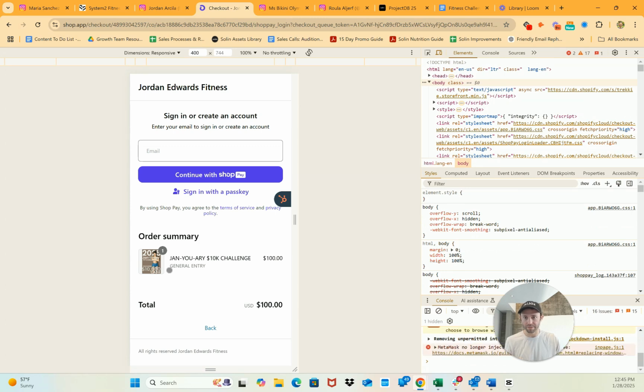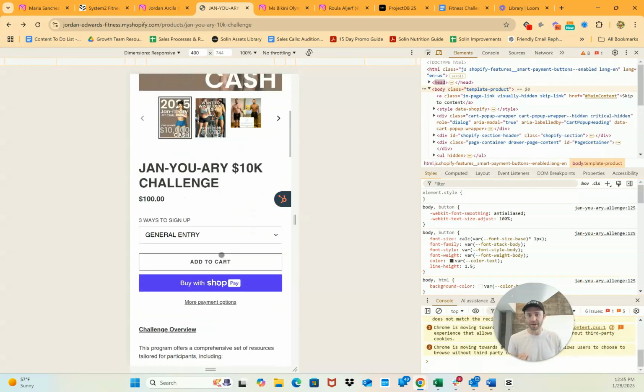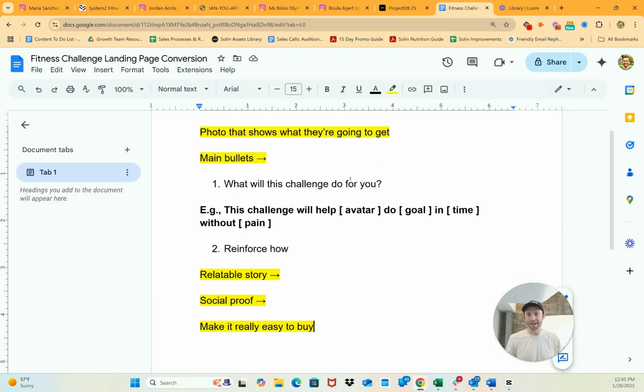So I could continue with Shop Pay, or I guess I could add it to my cart. I think this could be a little bit easier to buy, but at least there's a button to buy right there, and it's up at the top. I would add more buttons to this page, and then I would also add a few more things,